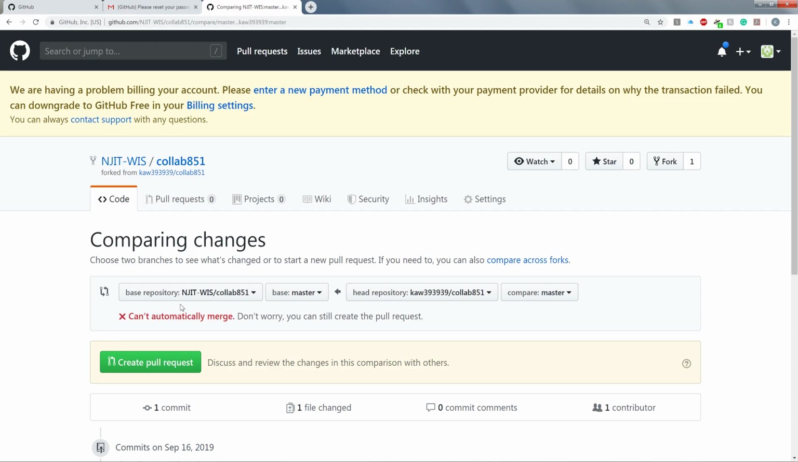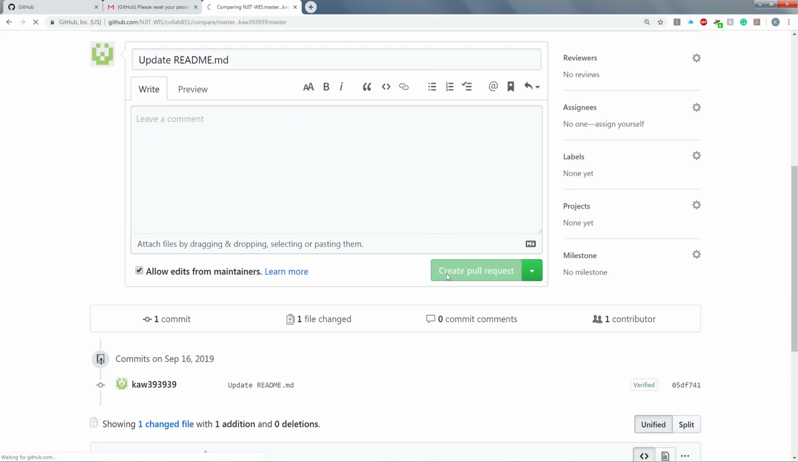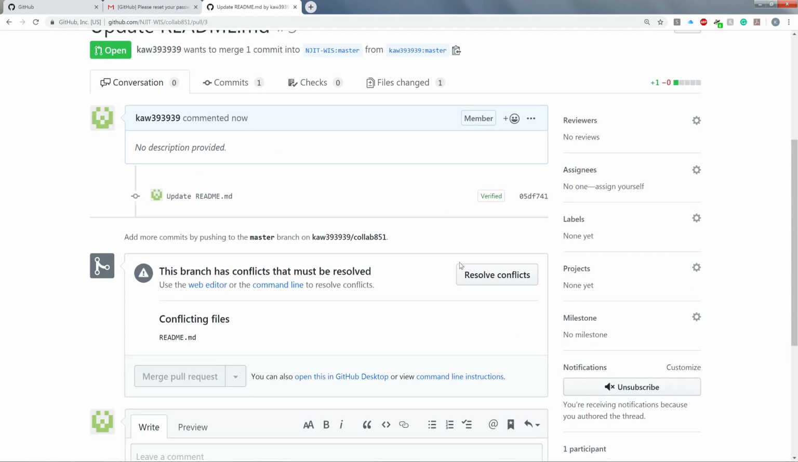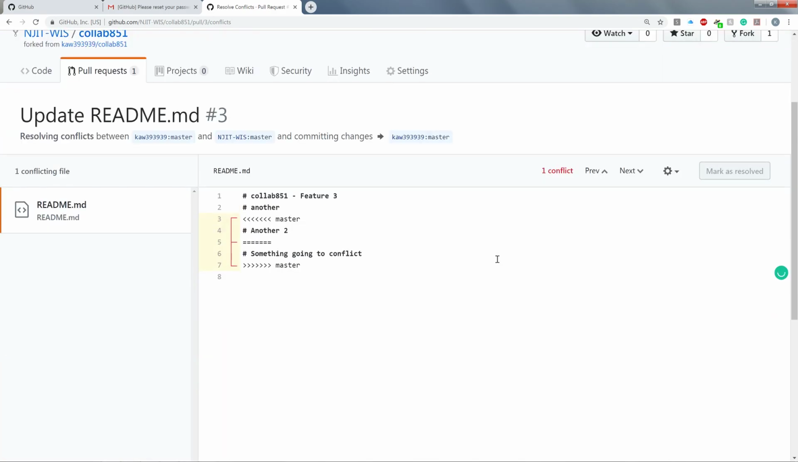And since those changes are not included in my repository, and I've already made another commit, I'm one commit ahead of the original repository, it's not going to let me merge, but it will let me create a pull request. And so I can create the pull request, and then what we're going to get is a merge conflict. And it's going to say this branch has conflicts that must be resolved. So we're going to click on resolve conflicts, and then you see